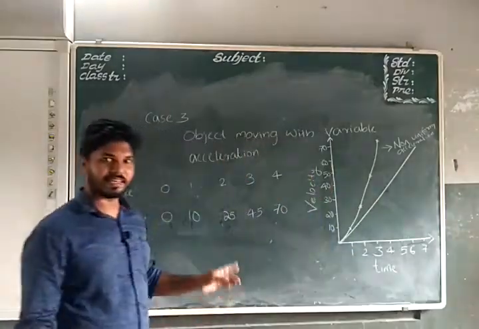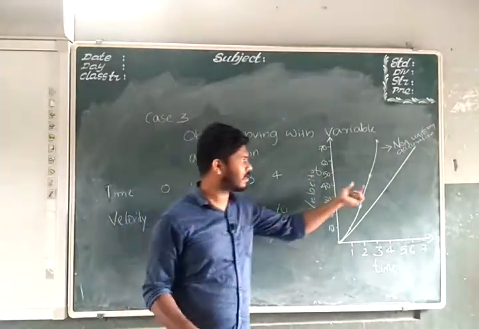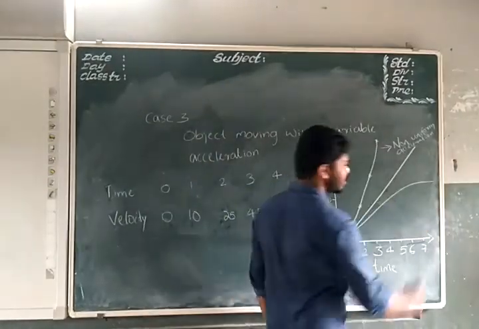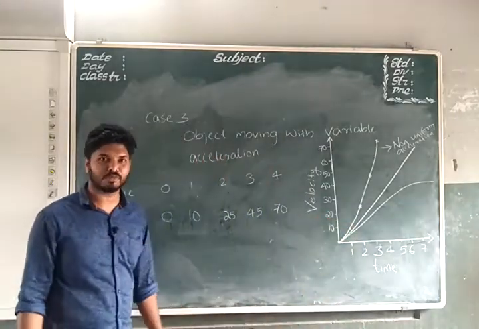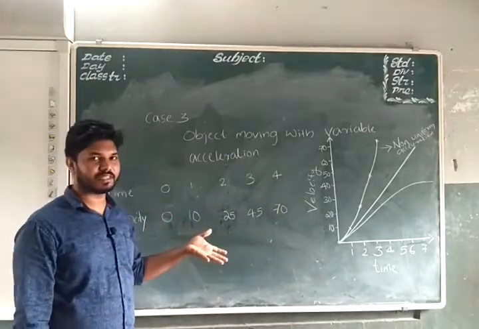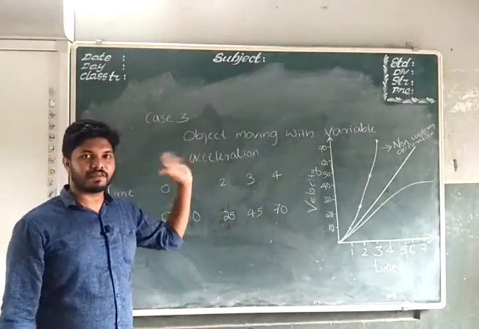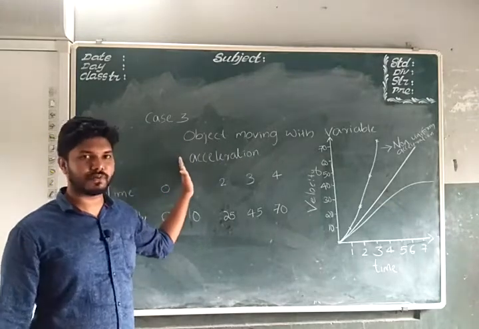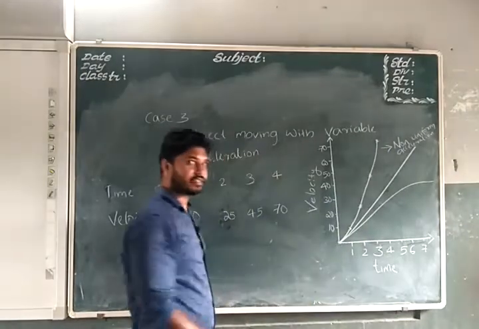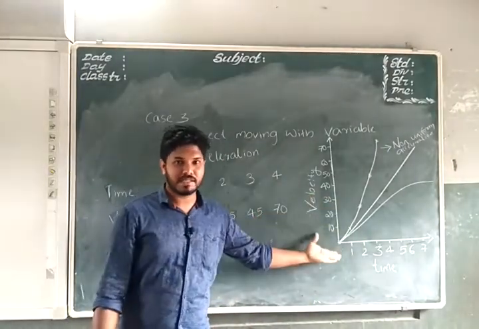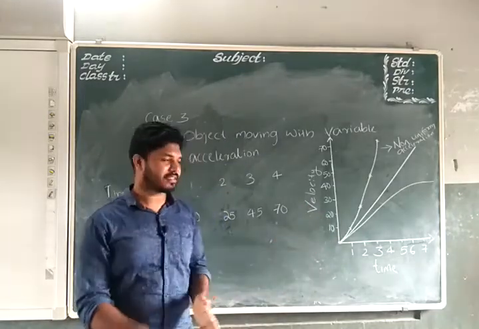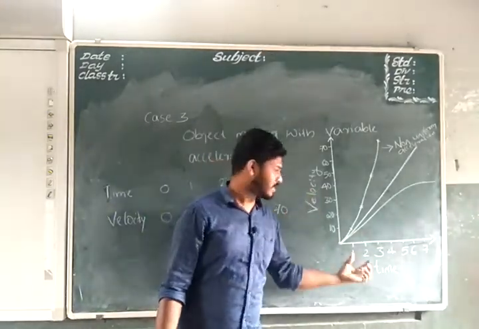So as in the first graph we can define this as non-uniform acceleration, and if the graph goes beyond here, it will be a retardation motion, where the acceleration is decreasing. So that inference we can get from this graph. The third case is very easy. Once more, it is the case of non-uniform acceleration. So when we draw the graph of non-uniform acceleration, we get a curved line. So whenever we see a curved line, we can come to the conclusion that it is the graph of a non-uniformly accelerated body if it is a velocity time graph.